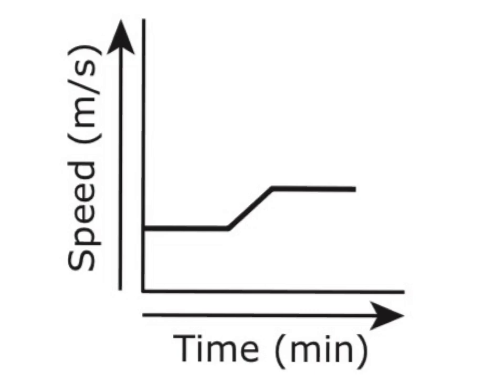Here's another type of motion graph, which shows the relationship between time and speed. Time here is measured in minutes, and speed is given in meters per second. This first part of the motion graph is a straight line, which means our speed is remaining the same. So this is showing constant speed,